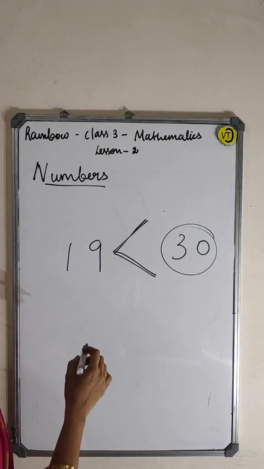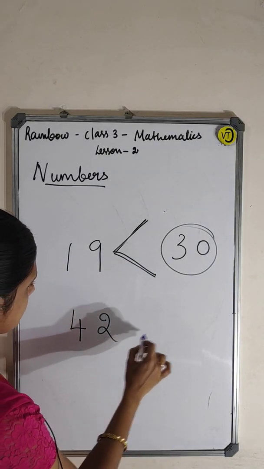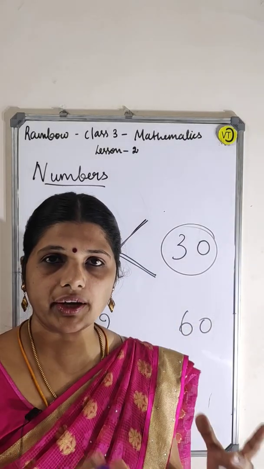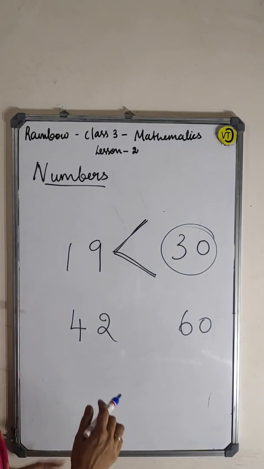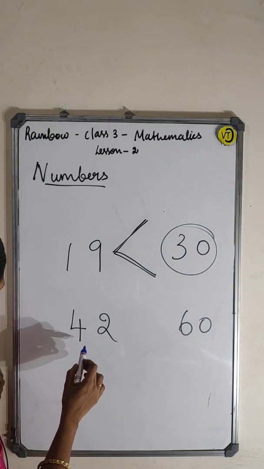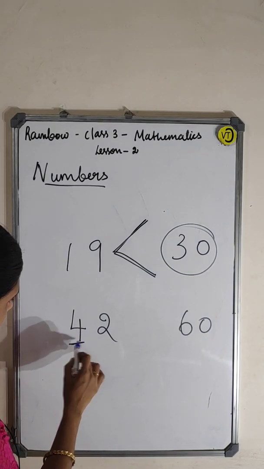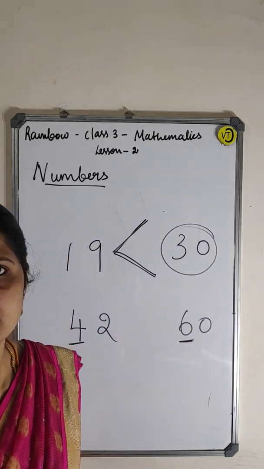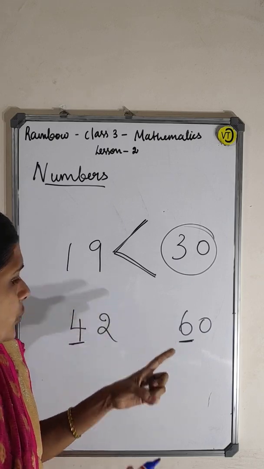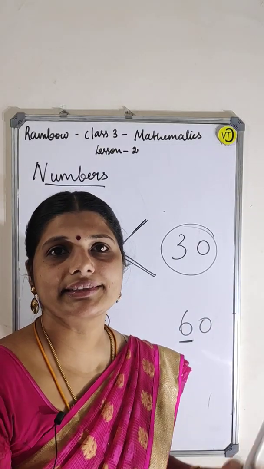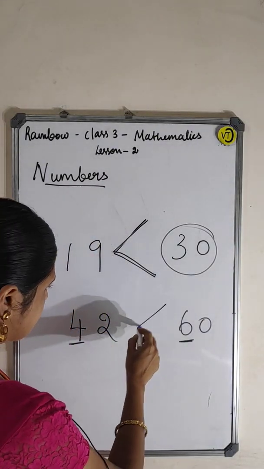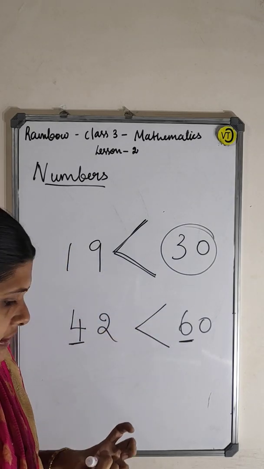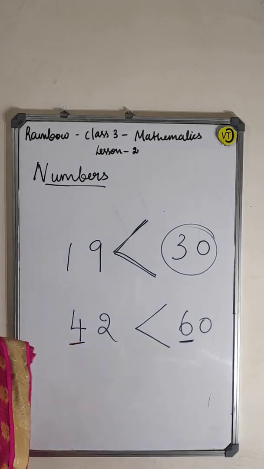Okay, right. So 42 it will be, 60 it is. What is the bigger number? How to find the bigger number first of all? Listen, first of all, you check the leftmost number. It is a 4 and it is a 6. Which is the bigger number here, 4 or 6? 6 is bigger. So the crocodile mouth opens toward it like that. It is 60. Okay.